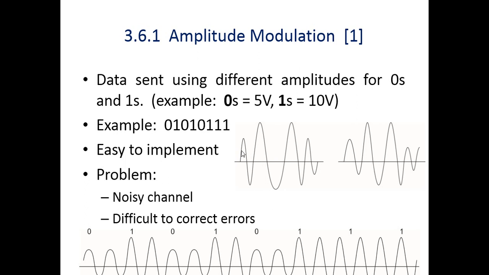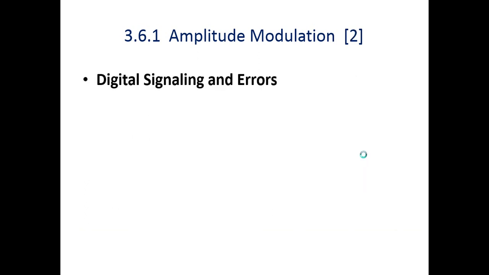In this one we cannot easily determine exactly where the error or noise is in this data. If you check very carefully the amplitude as well as the width, there is something different in it. See the last portion of the original data, and this is the data with the noise. So it is difficult to find the error in the amplitude modulation, especially for analog signaling, while if this is represented using digital signaling, then error finding becomes easy.